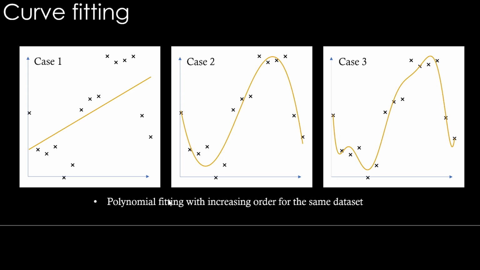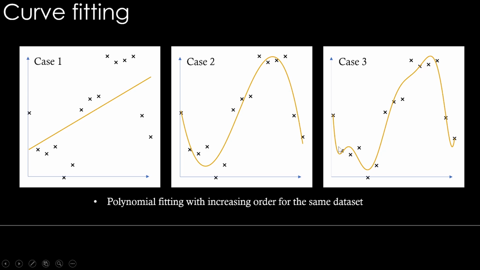This is curve fitting in general. What you see here is three different graphs, but if you carefully see what are these different data points, these are some 15 different data points, how y depends on x, and the same 15 data points are repeated in all three cases. And this orange line here is the one used to fit. Basically this is going to tell you the relation between y and x, and is it a straight line relationship or a more complex relationship like case 2 or case 3. So this choice of this line is up to us.